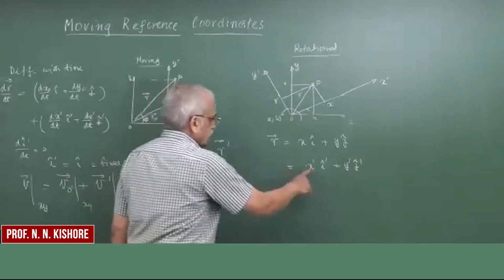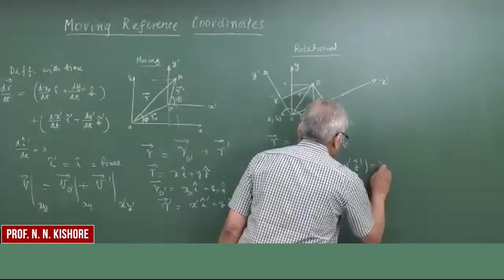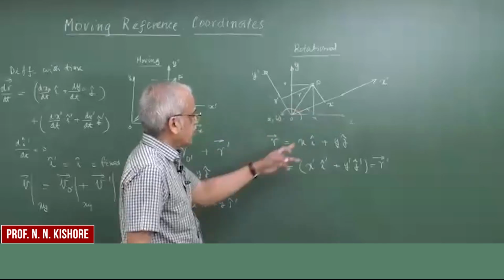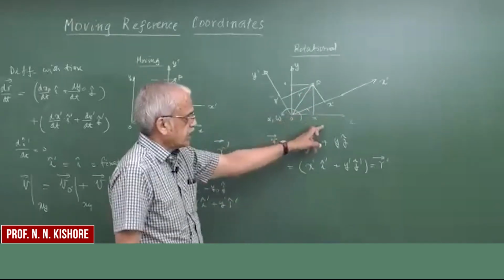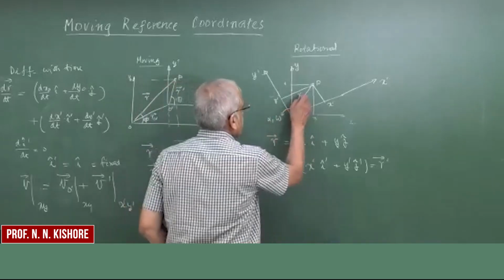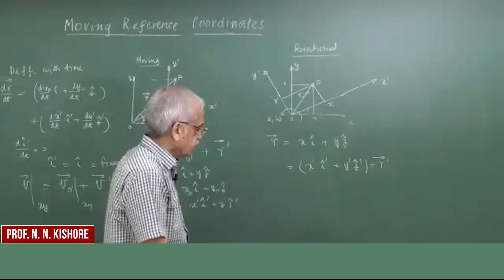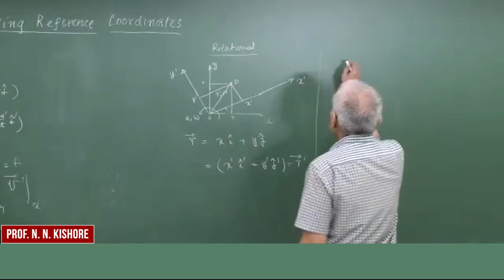This is the observation made in the prime frame. Here, since the origin is the same, the position vector r as observed in xy and the position vector r prime are obviously the same. So now, if you want to get the velocity,